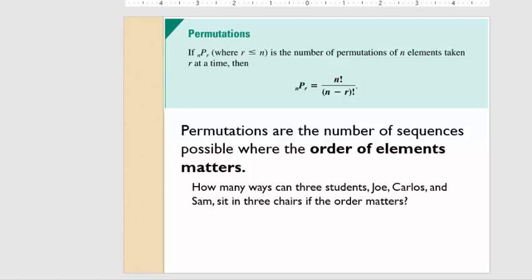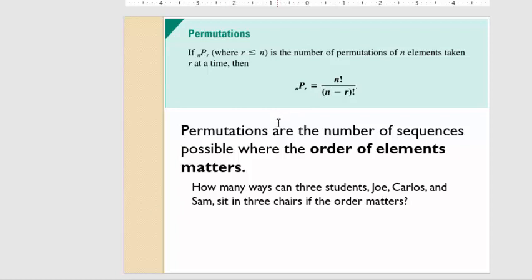So another way that we can count the ordering of elements is by using what's called a permutation. A permutation counts the number of n elements taken r at a time. And in this case, the order of elements matters. Just like in our combination lock, the order of the combo matters because a combination of 6, 7, 8 is different than a combination of 8, 7, 6. So the order matters. So combo locks are called permutations. The way that we write a permutation is